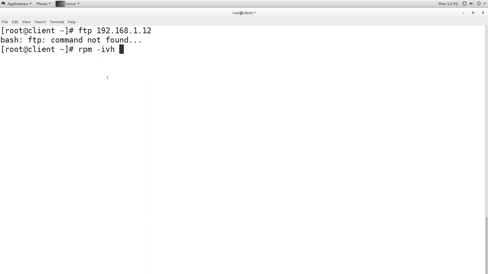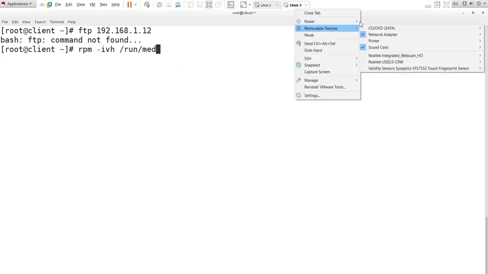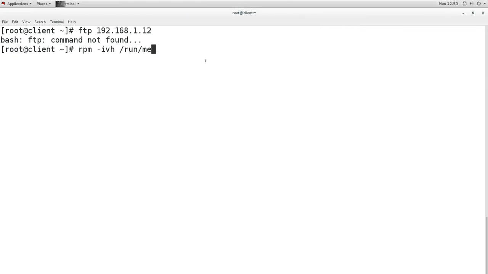The package for the command is ftp. So we will go to the DVD, and that is also not connected here, so I will connect the DVD here. Okay, now the DVD is available.